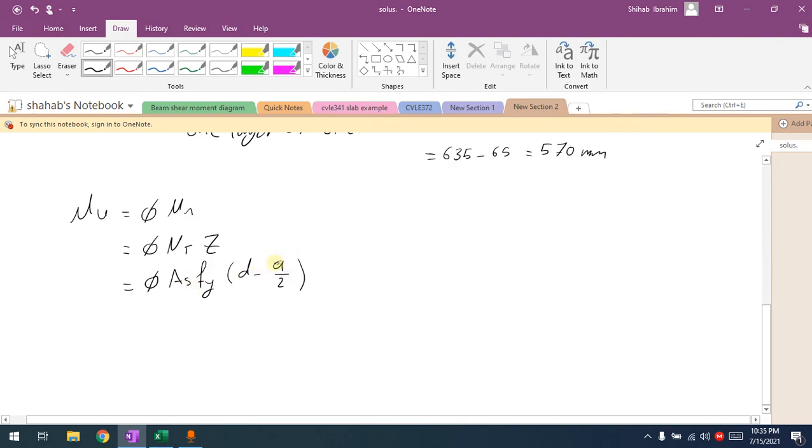Now in this approach, I shall change a to As. So I want to find As here, not a, in this approach. So this is Mu equal to this. How can I change a to As? Basically we know that Nt is equal to Nc, so As fy is equal to 0.85 f prime c